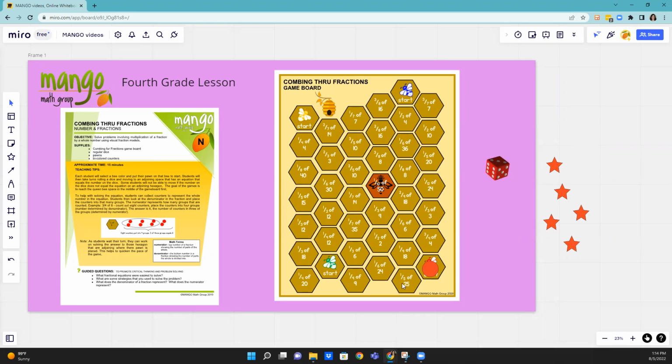3. That player, let's say I'm starting with the red one, has to determine which one of these fractions, when you multiply a fraction by a whole number, is going to be the answer of 3. So they need to look at each one of these and determine if any of them, if at all, equal 3. So let's look at the 3/4